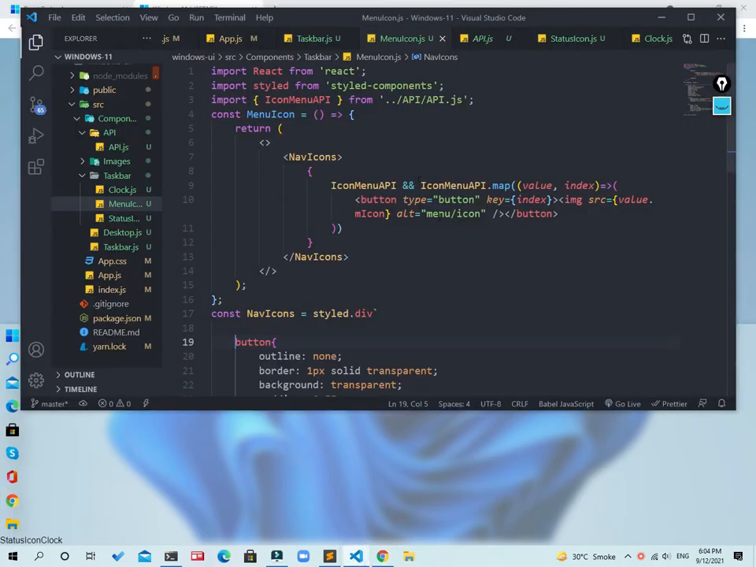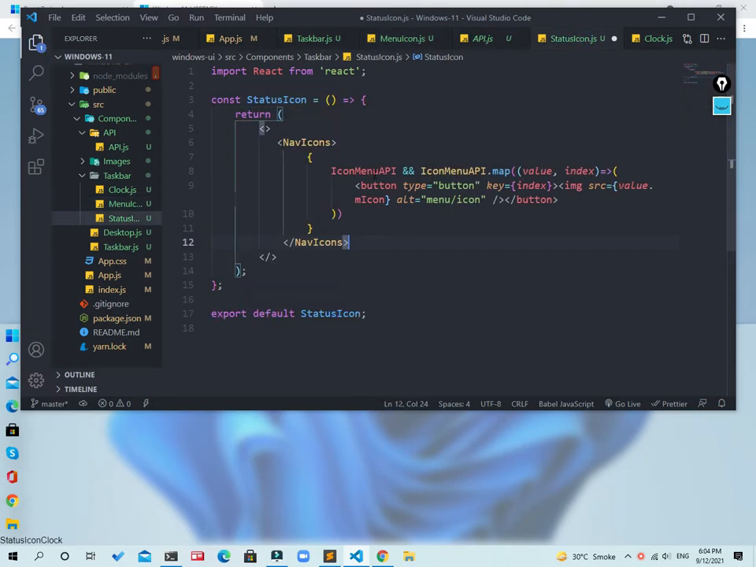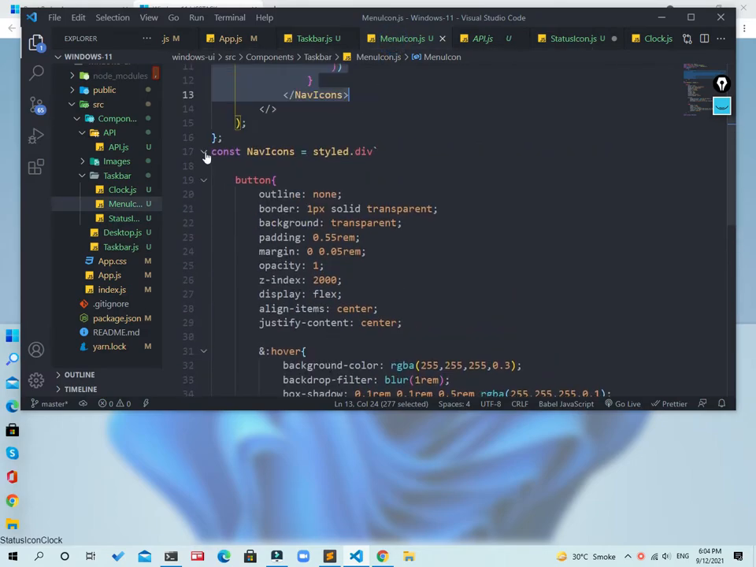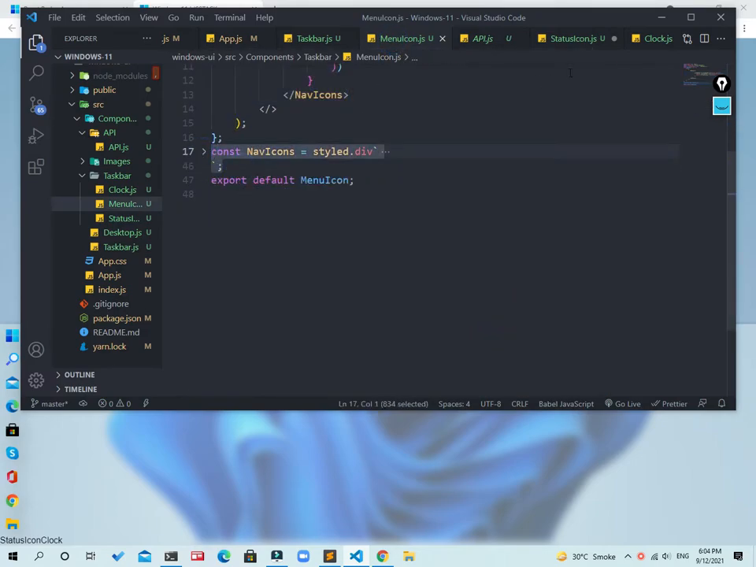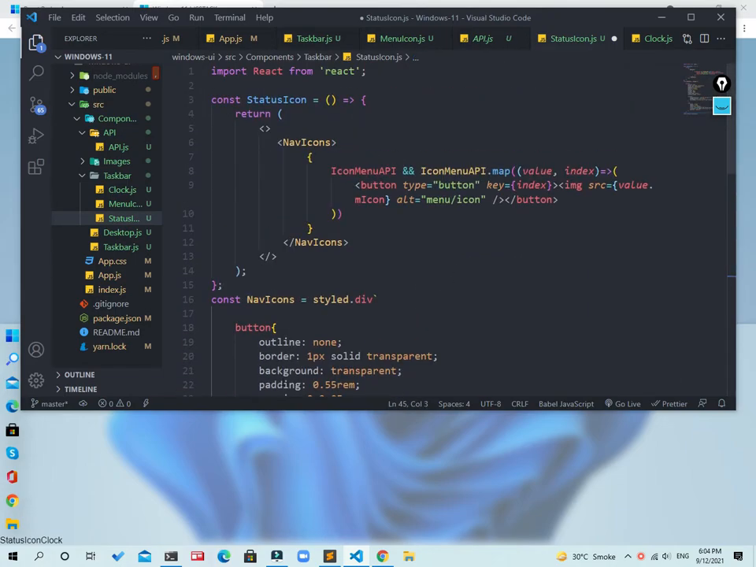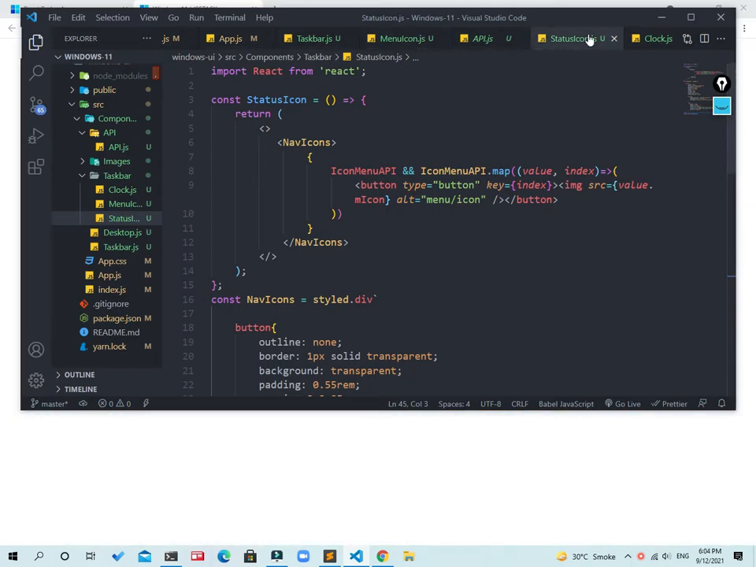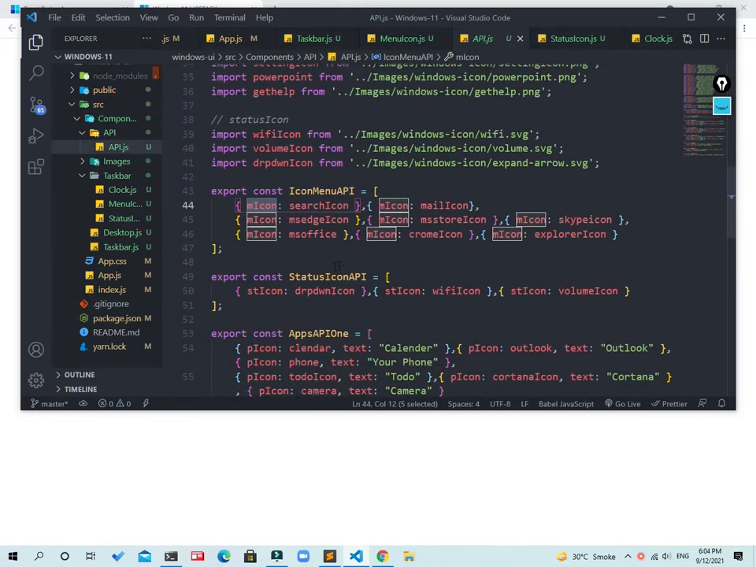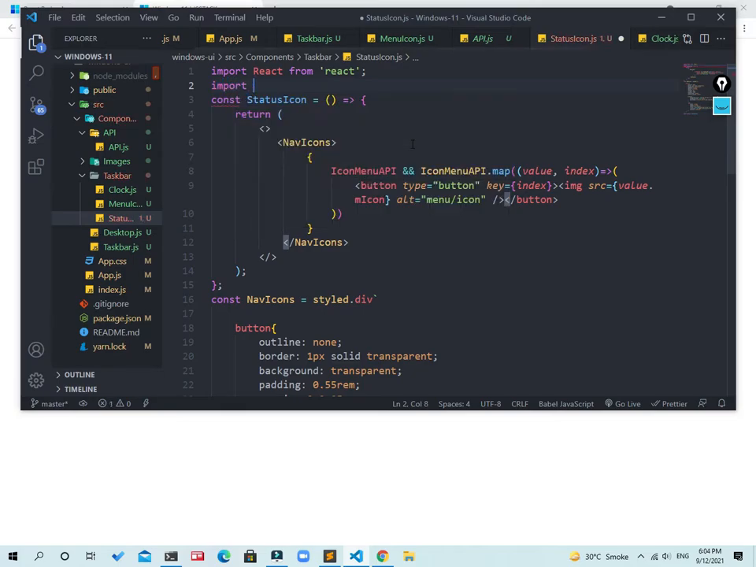Okay, now go to status icon. First copy everything from there, go to status icon, replace there, and also copy this style and paste in there. It's the same, because my status icon is also just like it. Okay, great. And it's saying the status icon is not defined. Go back and we have status icon API. Now first define this status icon API. Import